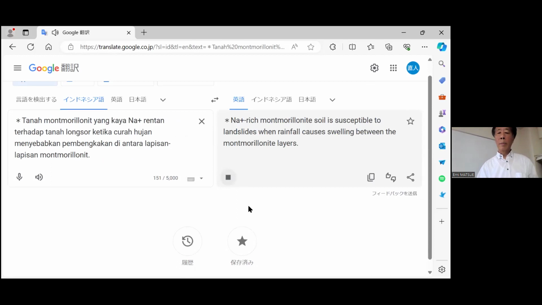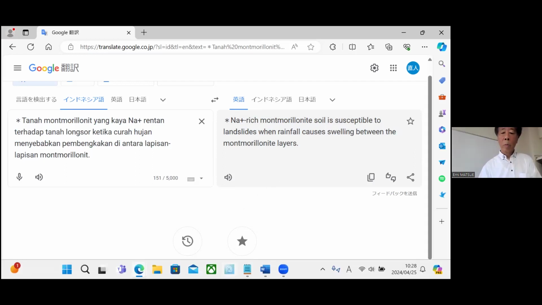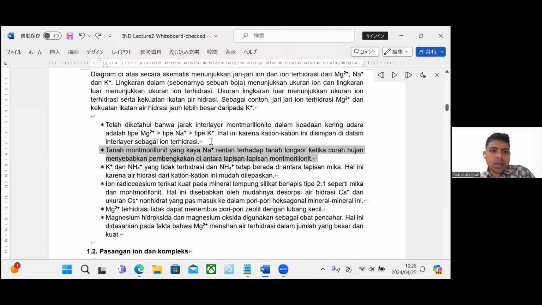Na+-rich montmorillonite soil is susceptible to landslides when rainfall causes swelling between the montmorillonite layers. Related to landslide. Yes, maybe I have a question, Prof. I think montmorillonite is the soil with the clay is